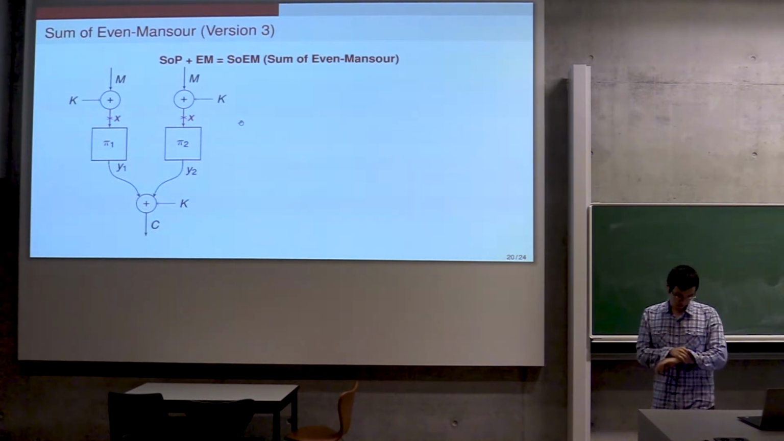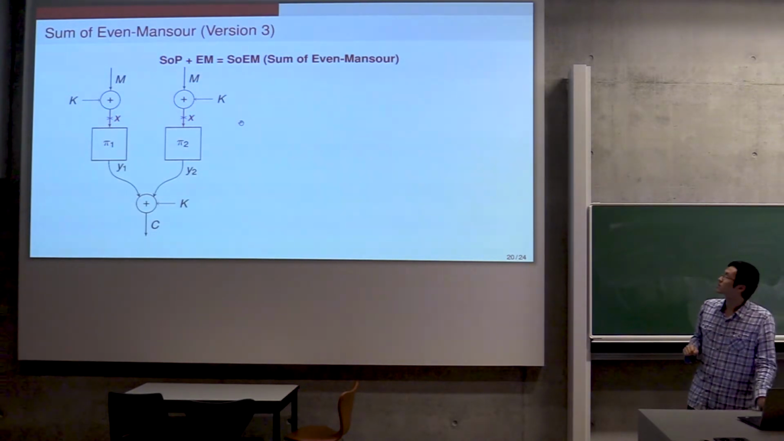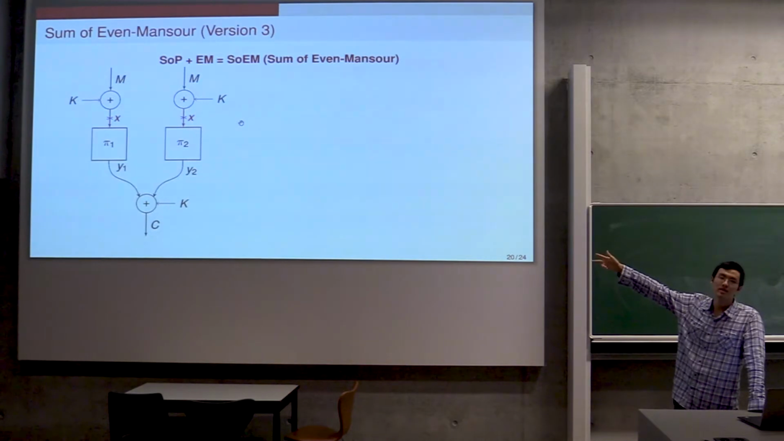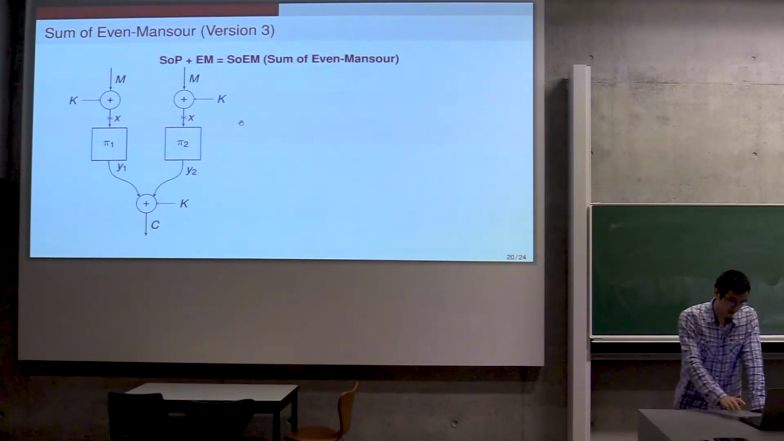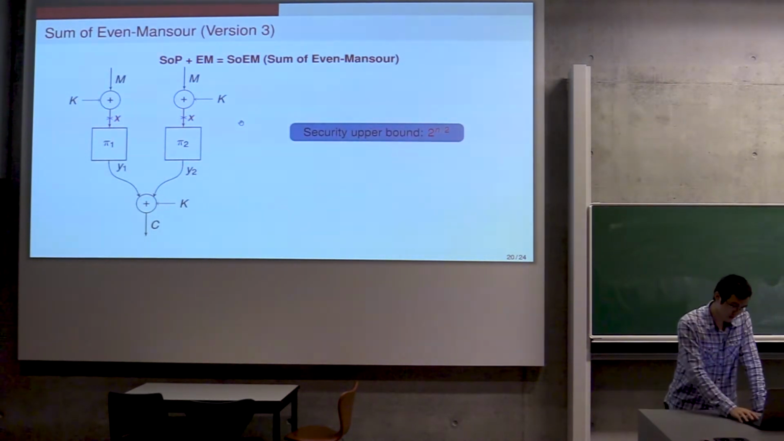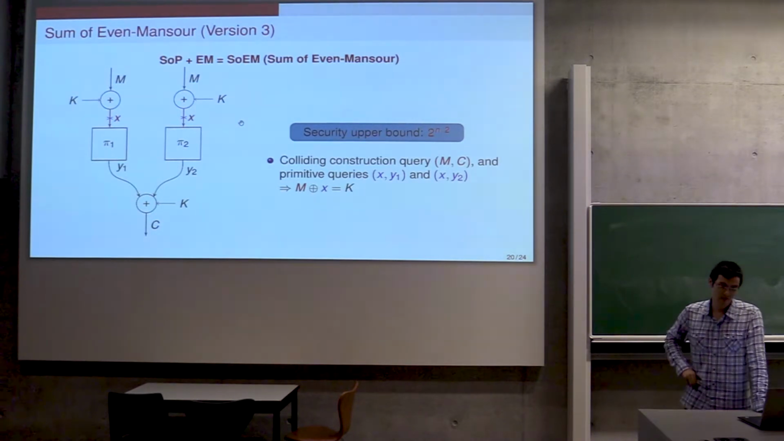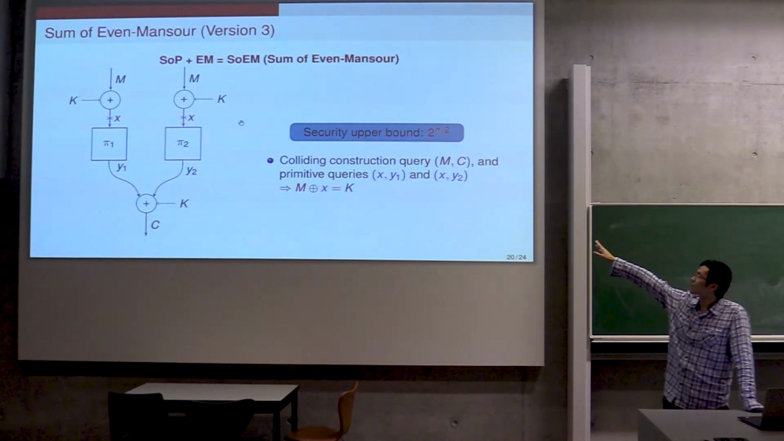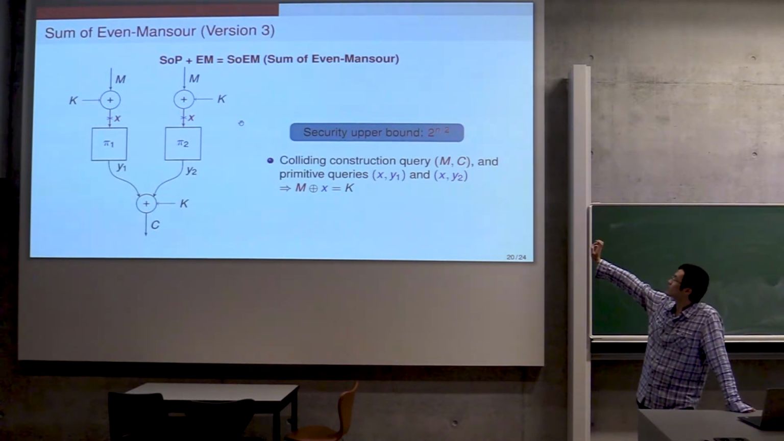And the next construction is the sum construction using two independent permutations and one single key. This construction can still be broken in the birthday bound, because as long as we can find a collision between the m value of the construction query and the x value of the primitive queries,